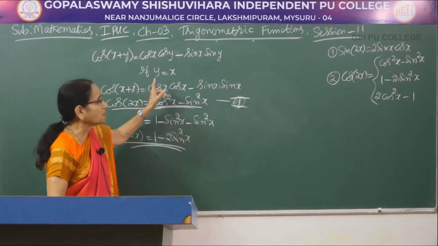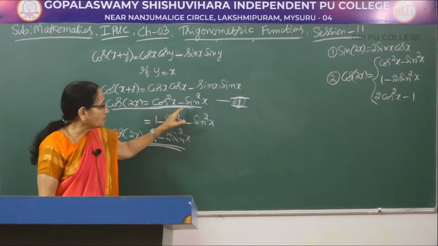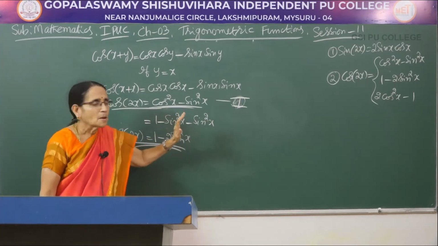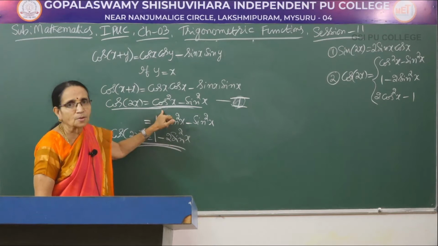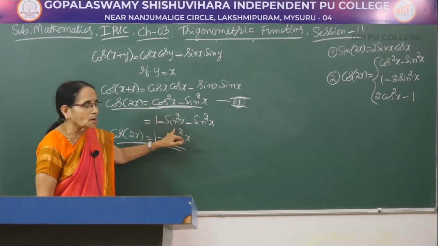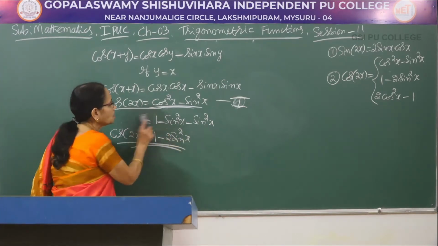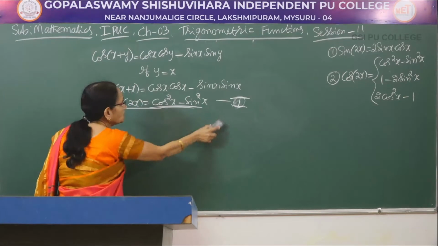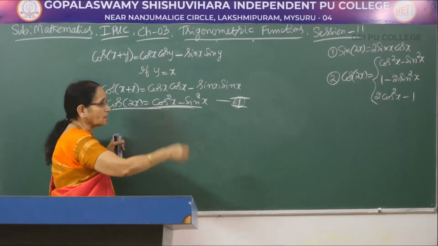So, when you apply the compound angle formula, you always get this one. If only this is asked, you can stop there. Suppose this is asked, then you have to continue, replace cos square x using the first identity of trigonometry as 1 minus sin square x. Therefore, when you take the total, it becomes 1 minus 2 sin square x. That is why it is given a number. If you want to derive both of them, you can take it in one like that.